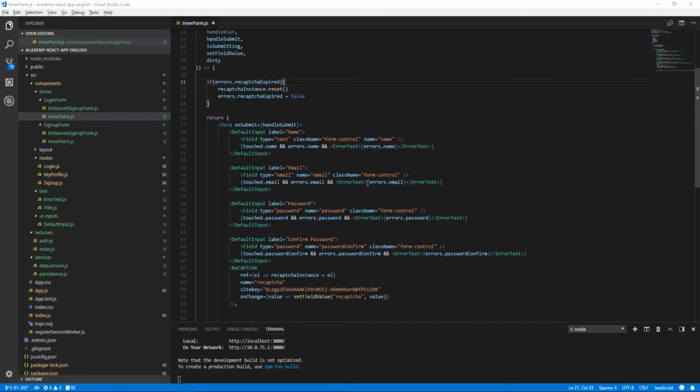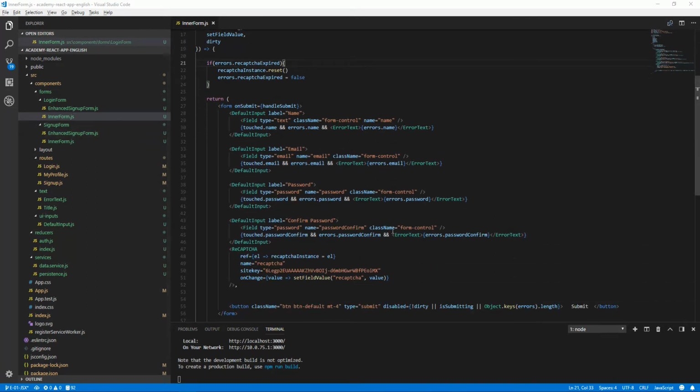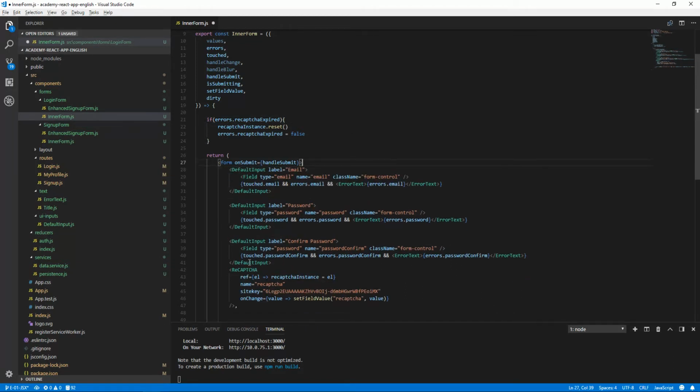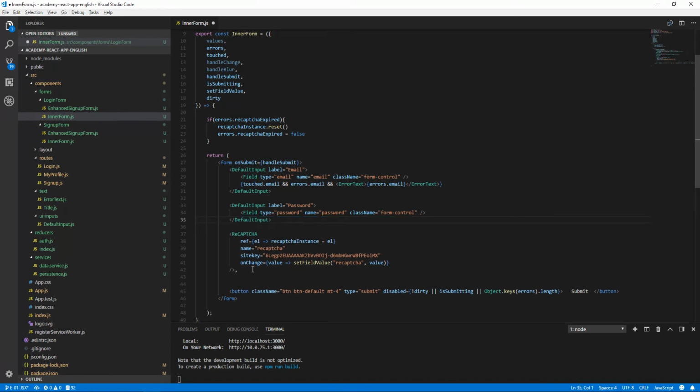So let us check how our inner form will be different in the login form. So we wouldn't need to have a name, and we won't need to have a confirmed password, and we do not need to have any error text for the password. So we shouldn't be letting our user while logging in know if this is a legible password or not. So we could just remove this field. And for sure we do not need a